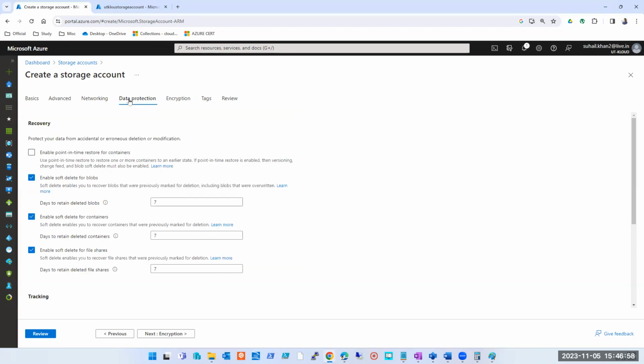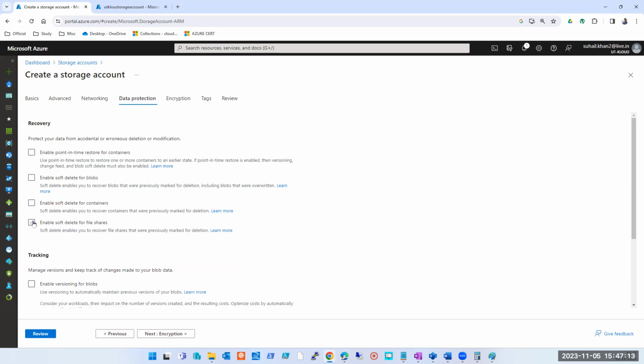And then how do you protect it, or how do you make it redundant? So these are the options you will talk about, that is, how to make recovery easy for your storage accounts. So look at these options now. We have unchecked all of them in previous sessions, but now we'll see them one by one and check them. First is enable point in time restore of containers.